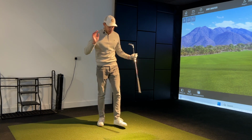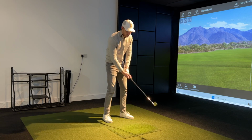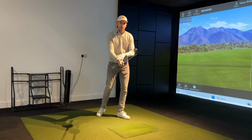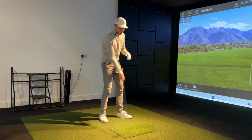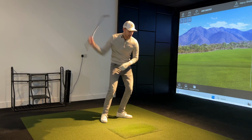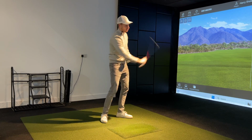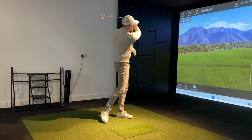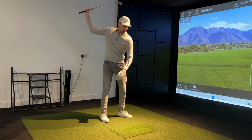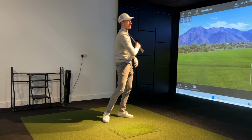And if I was to completely forget about positions for now and just make a swing with my arms, just allowing this almost whip to take place, dead relaxed, letting them do whatever they want, it's much easier to create speed. You can even do a couple of practice swings doing this one-handed. I wouldn't recommend doing too many with one hand, but just have a couple of swings allowing this club to whip through. And you can hear that noise there taking place just from me getting this arm to flow, not caring at all about positions in the downswing. You can see there, so much easier for me to create speed, as opposed to keeping this arm dead tense, trying to get into positions. I can't physically get that club to swing any quicker than that. Whereas if you listen to this,